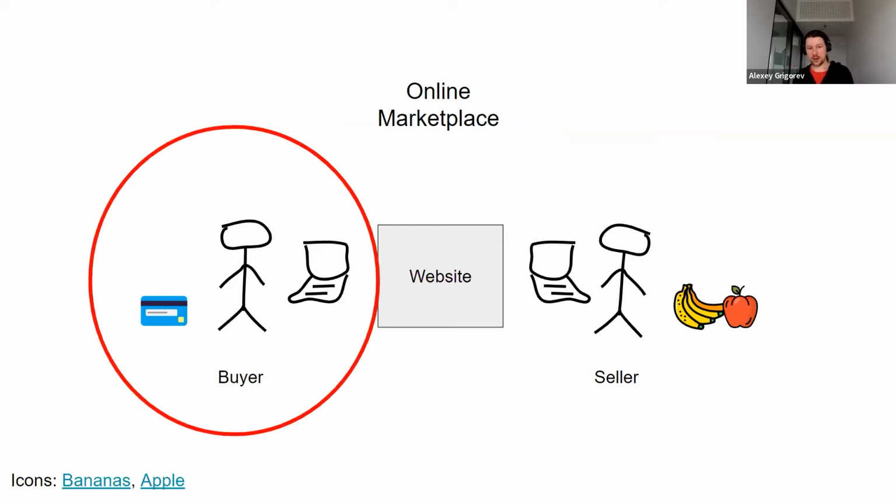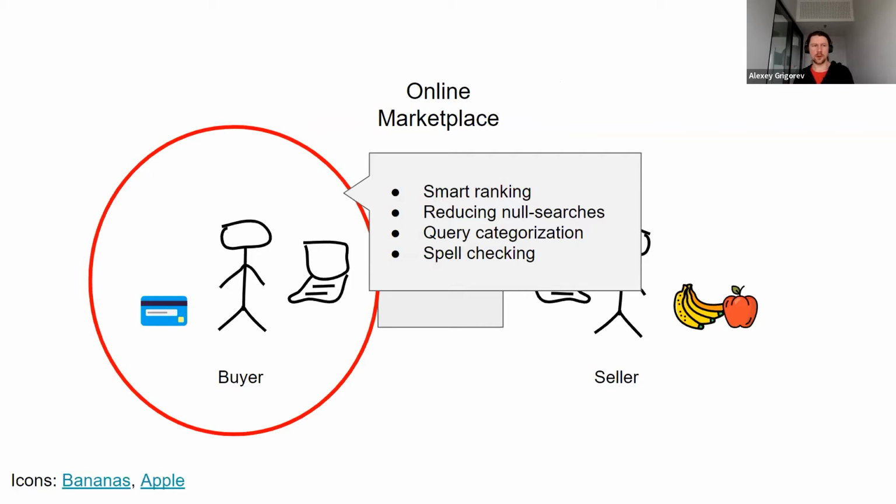So let's start with buyers. When buyers come to the platform, they're usually looking for something specific. For example, I have a phone here. Let's say I don't have a phone and I want to go to OLX to buy one. Usually I go to search and type the name of the phone I want to buy, and then I want to see results that are relevant to me. And if I make a typo, I still want the website to show me something.